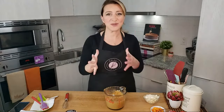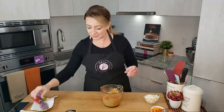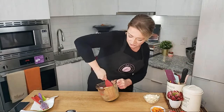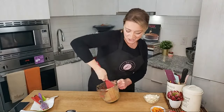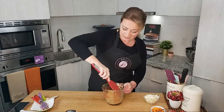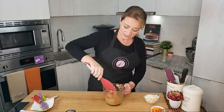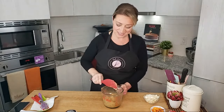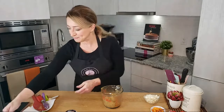Okay guys, now here we have our mixture. Beautiful mixture. Just scrape the bowl because you want to make sure that all the ingredients are nicely combined. There are no eggs here, so for people that don't like eggs in their recipes, no eggs, and this is super easy to make. As you can see, this is ready. Now all we need is